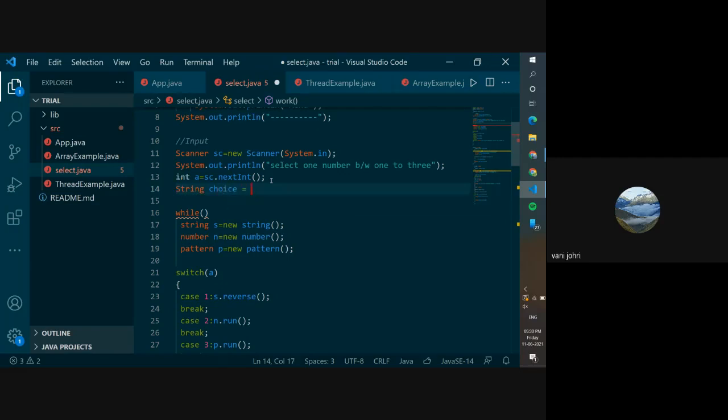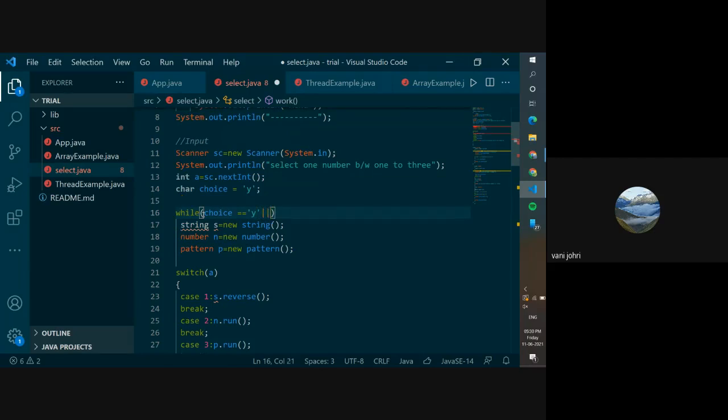Let's make it a char and give it a value of y. So y is for yes, and n would be no. So we're going to do while choice equals y